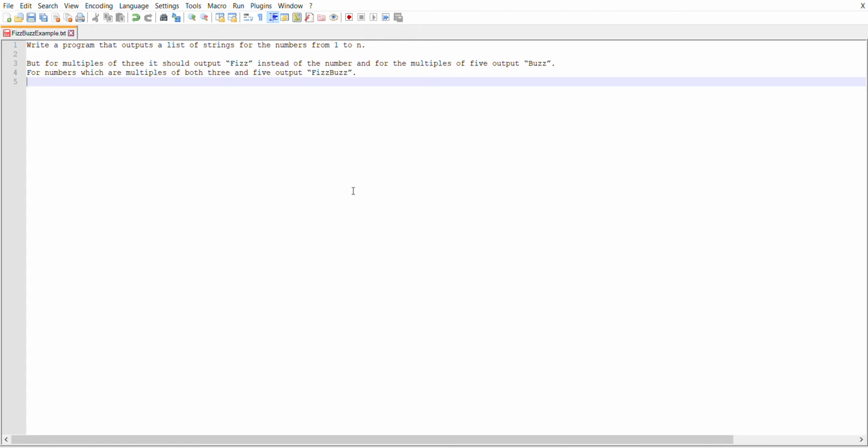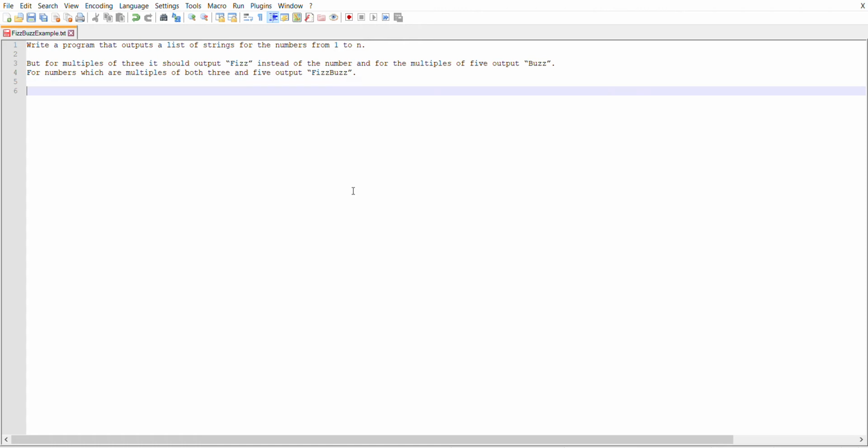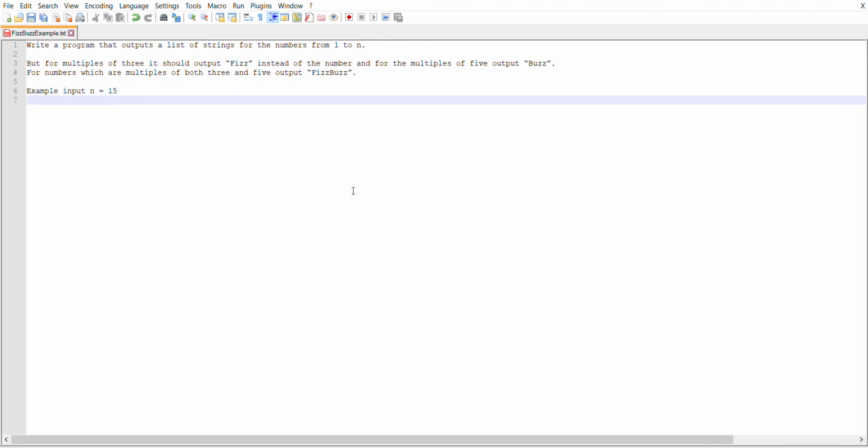Having that, I need to ensure that the input and the output produced are the desired outcomes, so I use an example. Example input: n equals 15. It's not 0, it's not null. And then the example output from that would be